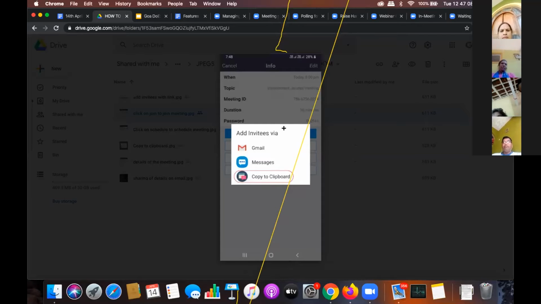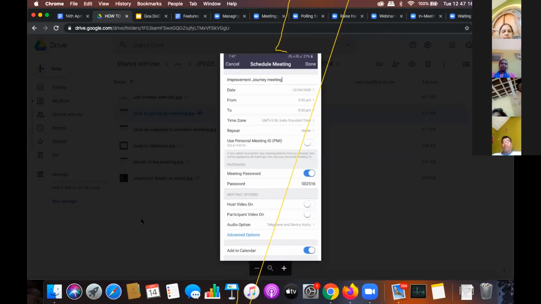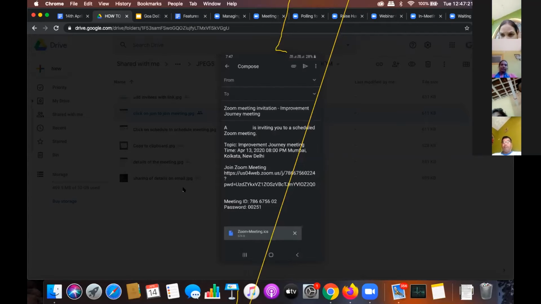If you press Control C anywhere, and Control V, be it a text, I can show you. This is where I have pasted it onto an email, and I can send it to anyone. The same invite, I can copy into my WhatsApp text box.